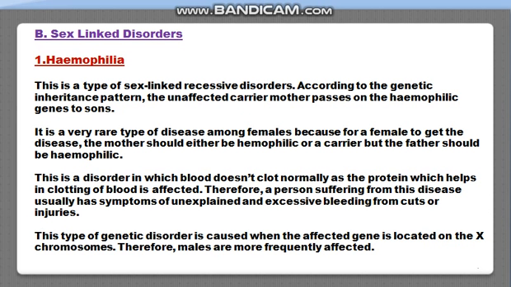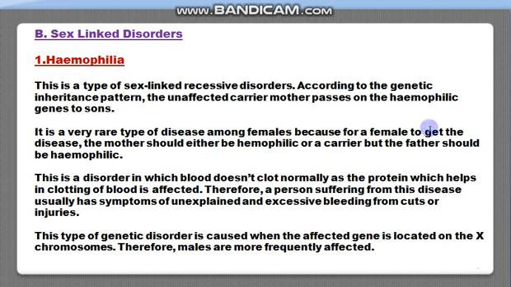One is hemophilia and the other is color blindness, and you have already studied these two diseases, which are sex-linked disorders in the category of Mendelian disorders. And what is hemophilia? This is a type of sex-linked recessive disorder, and according to the genetic inheritance pattern, the unaffected carrier mother passes on the hemophilic genes to sons, and it is a very rare type of disease among